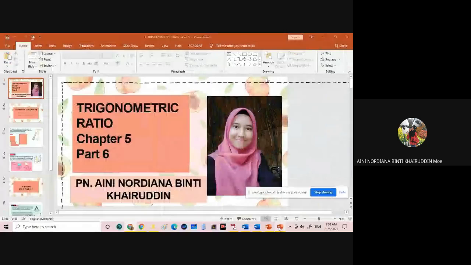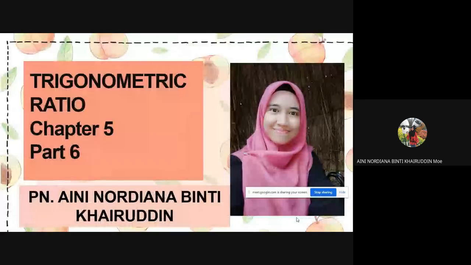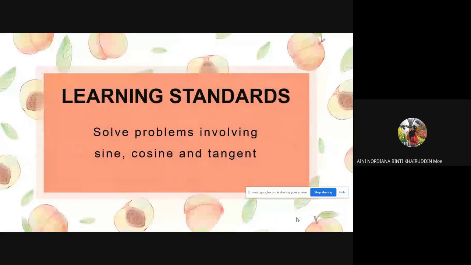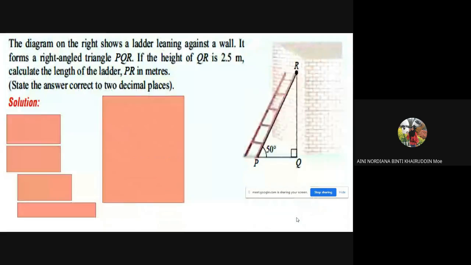Alright, so this is our new subtopic. Our learning standard for today's lesson: solve problems involving sine, cosine and tangent. Okay, have a look at this question. The diagram on the right shows a ladder leaning against a wall. So this is the ladder. It forms a right angle triangle PQR. If the height of QR is 2.5 meter,